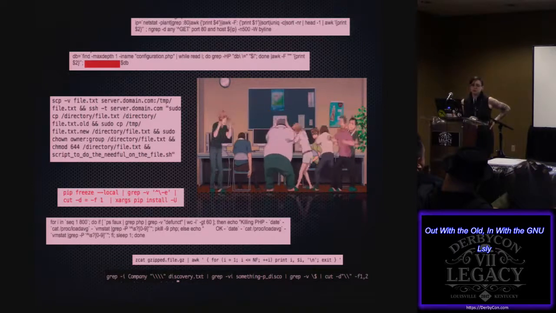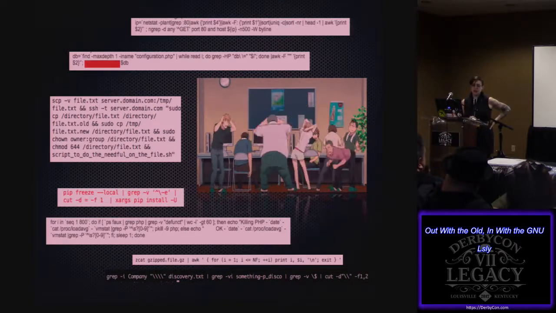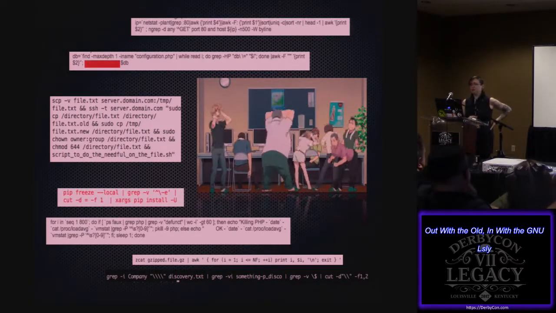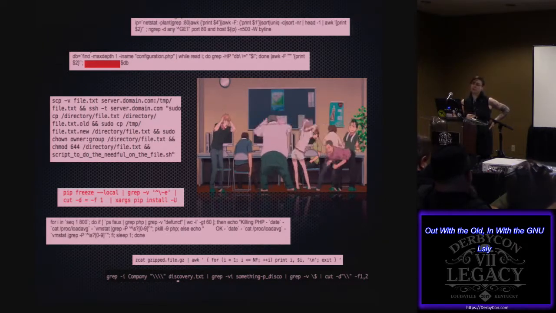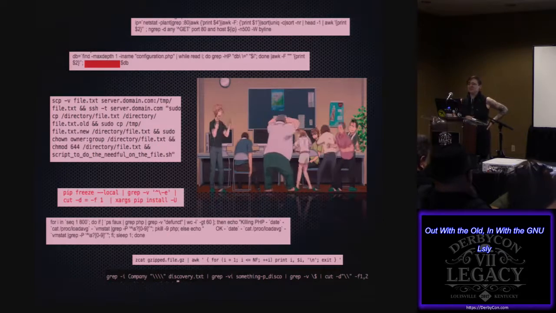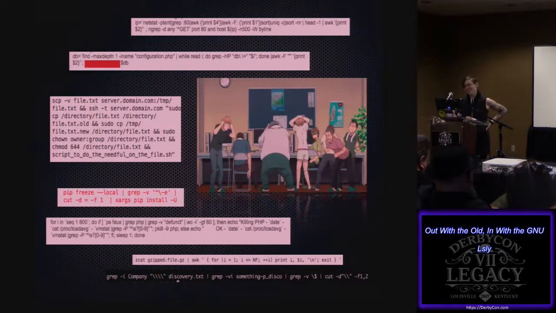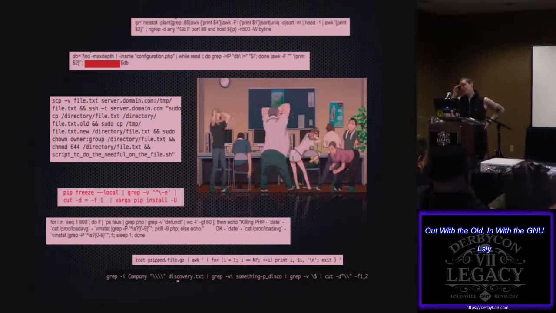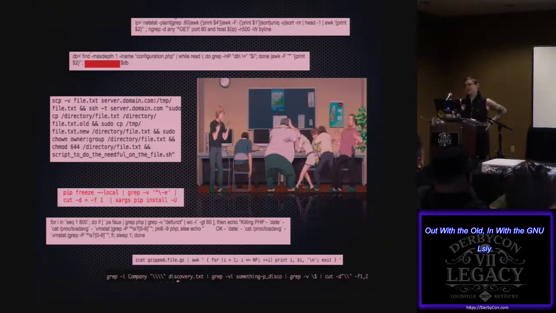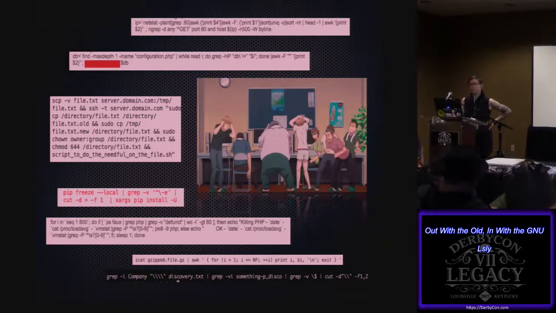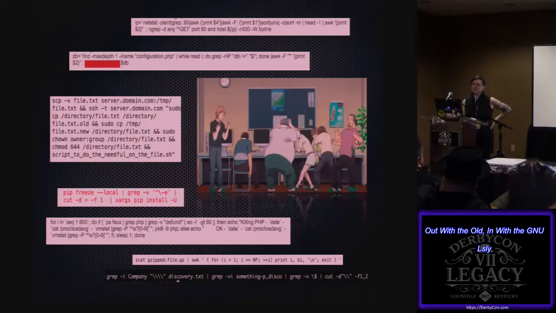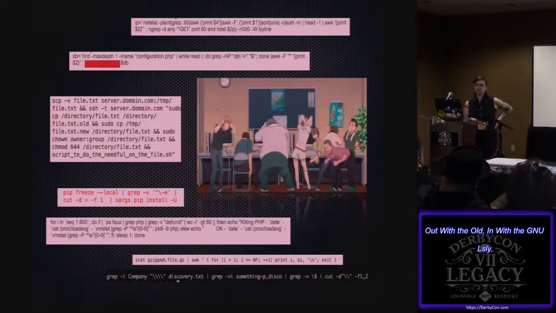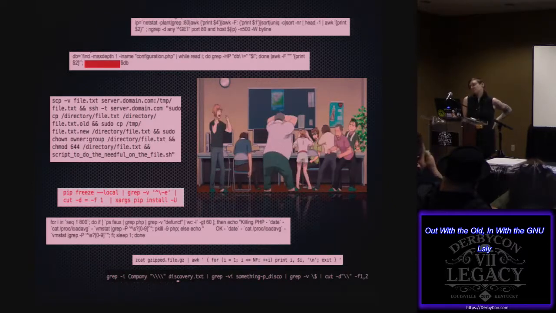There are certain commands that distros actually refuse to port in. Either they're old or they just don't work well with the kernel. And ESP versus new or evils. Yep, exactly. So you will have a lot of situations where you just can't use some of the tools that you're used to. And that's kind of a good thing. It takes you out of your comfort zone. You get to explore more that you haven't seen.